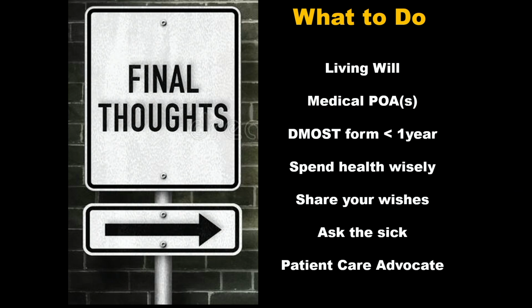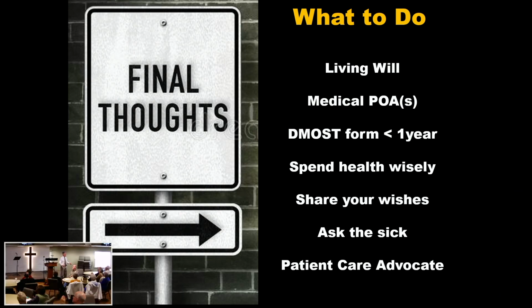And if you've got less than a year to live, get a DMOST form. If nobody tells you about it, print it up and take it to the doctor. And they've been around since 2016, so they're not like news. Most of all, make sure, if you're somebody with disease, you spend your health wisely. I can't tell you how many people are dying in hospital, and we put them in an ambulance to take them home. People would spend thousands of dollars for an ambulance ride, and most of them would die on the way, but they wanted to go home. They wanted to go home.